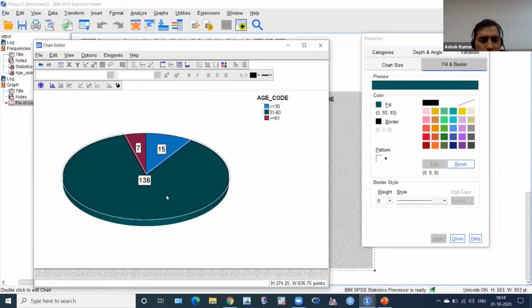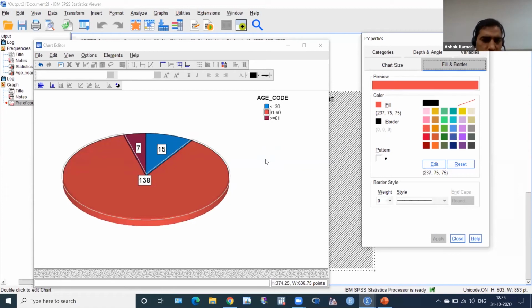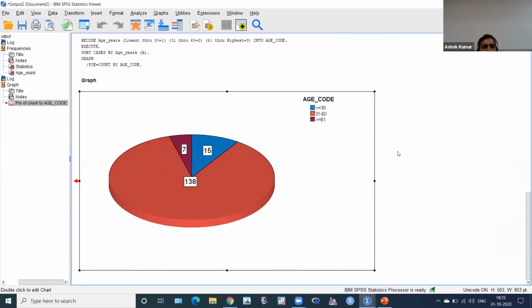Okay, then I want to change this color, so you have to click on what you want to color. This is a property, and I want this like this. Okay, light red, click okay, apply, click here. Then this will come in preview and fill, and then click apply, so automatically changed. And click okay, it will come here. Okay, it's looking good. Then click cross. Okay, I want this color. Very good.